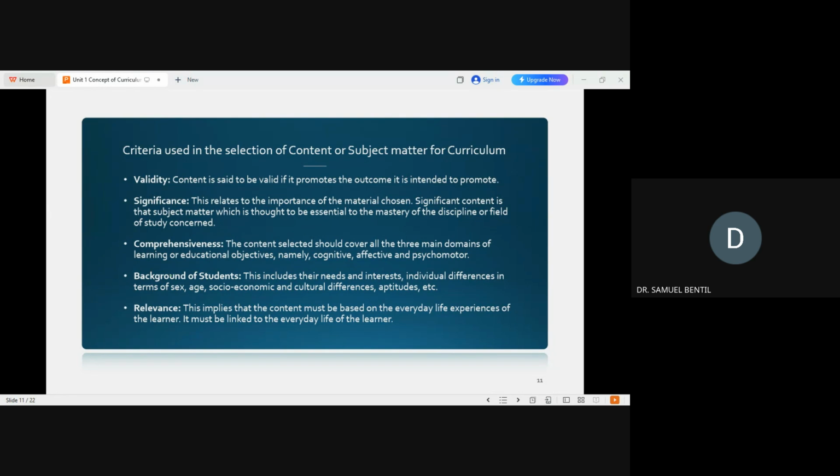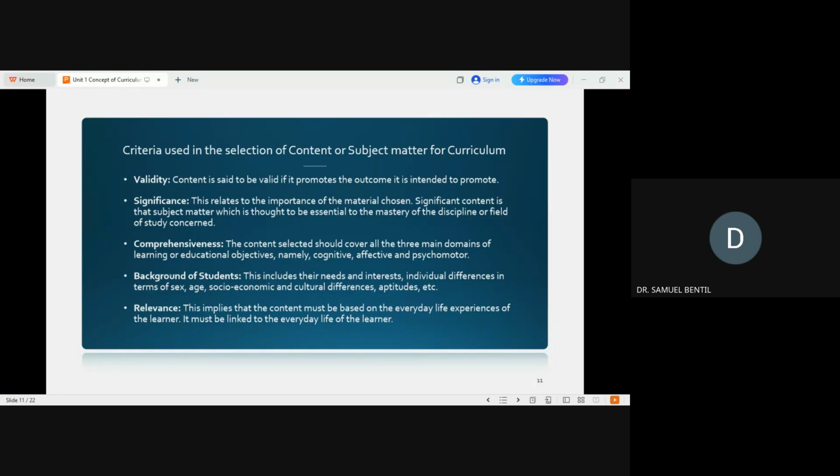The next criteria I want to talk about is comprehensiveness. When we say comprehensiveness, we are saying that the courses, the subject matter or the content must be able to develop the learner holistically. Holistically means that it must not only seek to develop the cognitive to the disadvantage of the affective and psychomotor, but rather the subject matter should have an aspect that seeks to develop the intellectual ability, the attitudinal behavior of the learner. It should also develop the motor skill set of the learner. And that's what we mean by comprehensiveness.